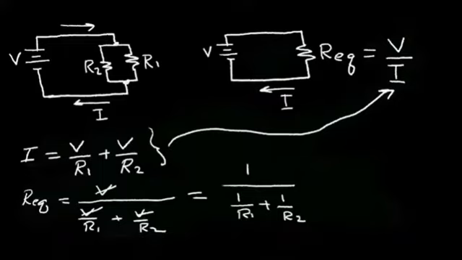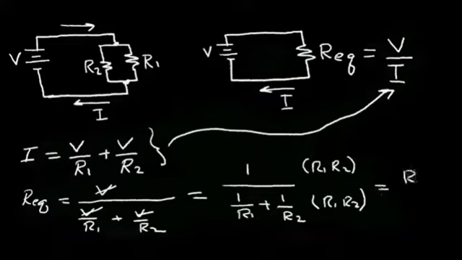Let's simplify this expression a little bit. Let's multiply the numerator and the denominator by R1 times R2. So we'll multiply R1 times R2 times the denominator. And when we do this, we get R1 times R2